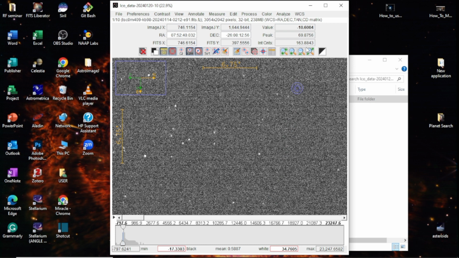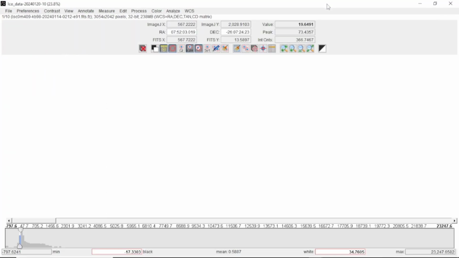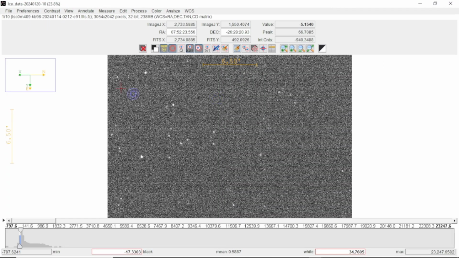And here it opens your images. If you come over here, you will see your FITS header. This is called the FITS header. It contains information about the